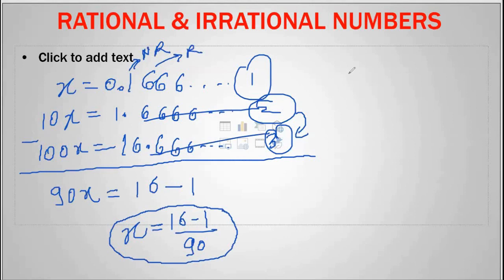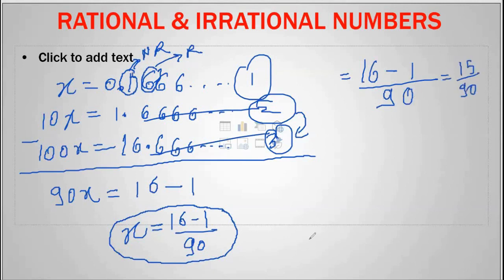So the funda goes like this. You write once non-repeating and repeating in that order only, that is 16, minus non-repeating, that is 1. Now as only one digit was repeating, you'll write one 9. Also, as there was only one digit which is non-repeating, for that you'll write 0. So the answer of this is 15 by 90. Okay. To repeat, if I say another example, x equal to 0.1